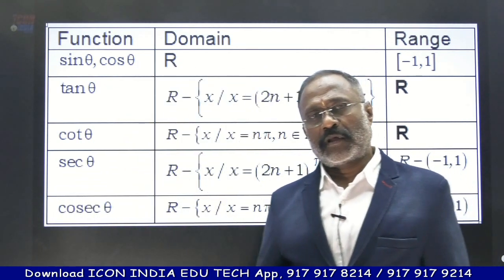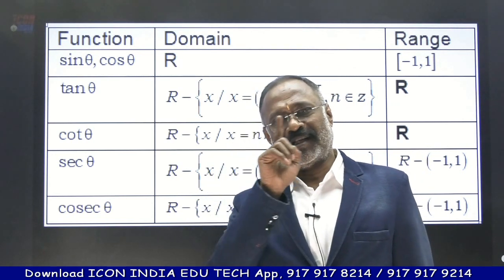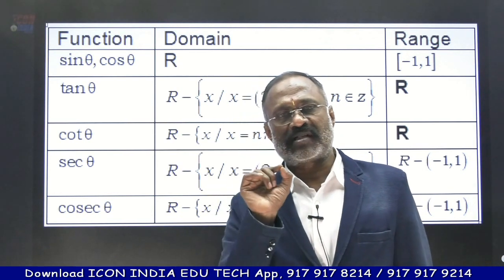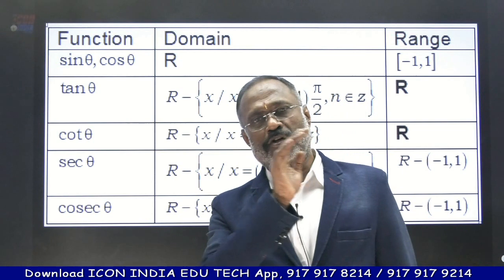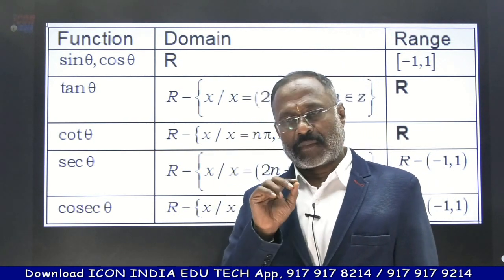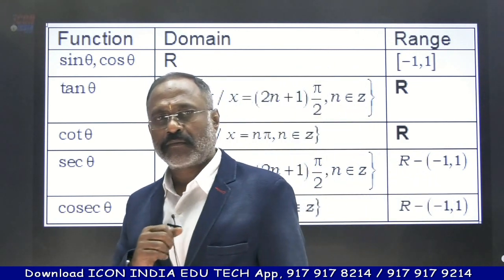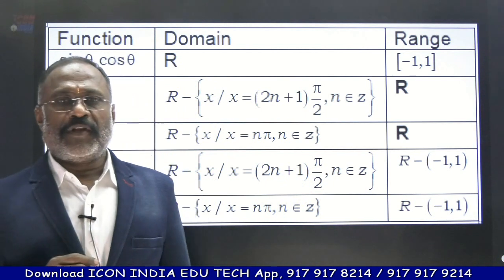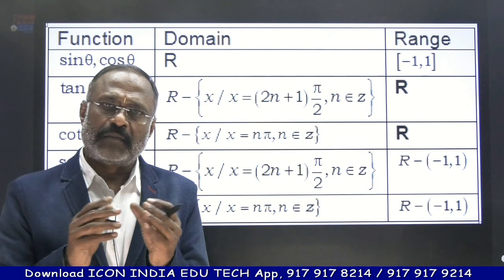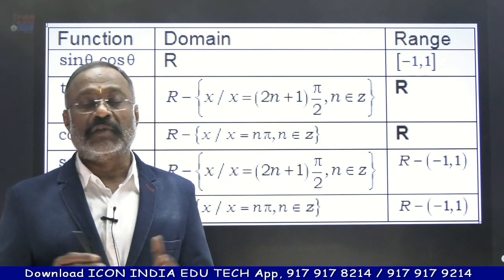What is input? What is output? Very simple. If you switch on the fan, it will rotate. Switching on is the input. The input is electricity and the fan's rotation is the output. Switch on the light: input is electricity, output is light. So here you have to understand that whatever value you give to the trigonometric function is nothing but the domain of the function, and